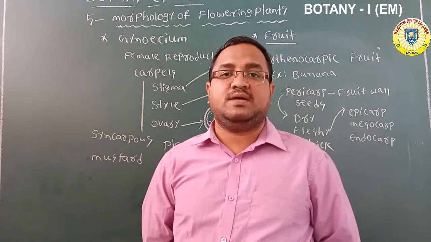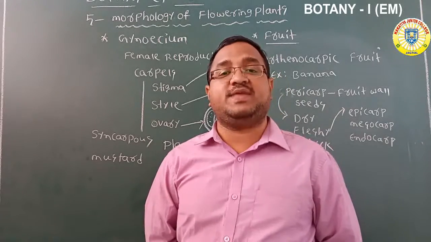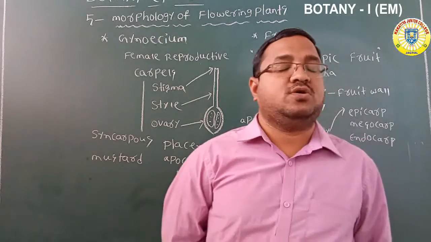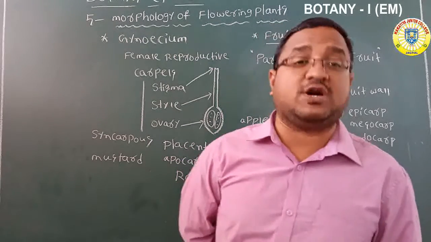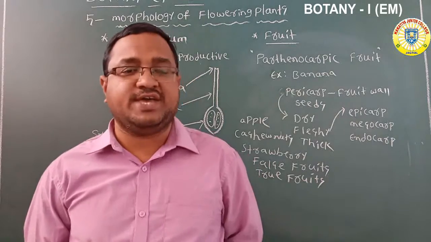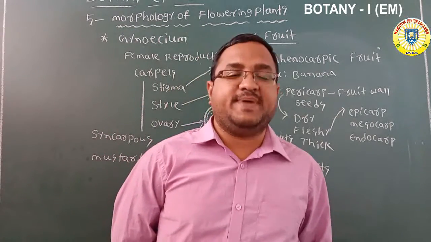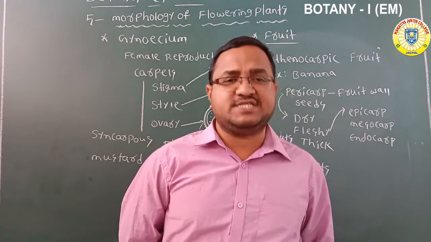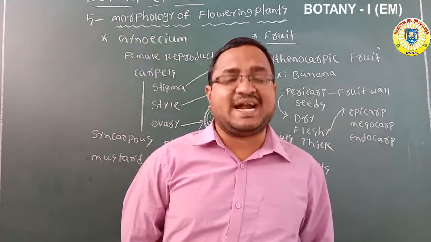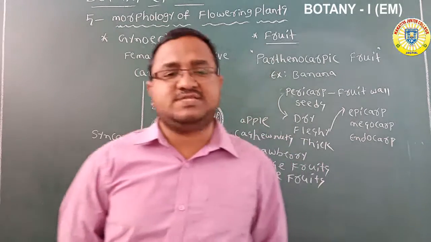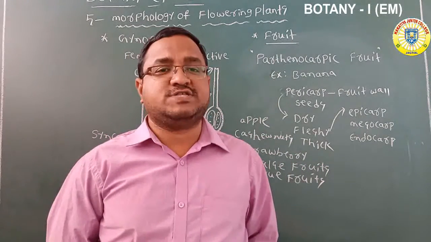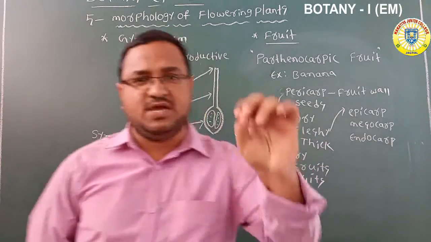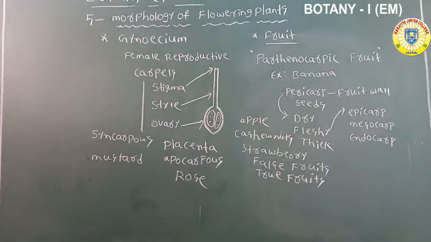Dry fruits have a dry and indivisible pericarp only. There are no divisions in the pericarp. There is no epicarp, mesocarp and endocarp in dry fruits. Only in fleshy fruits is the pericarp fleshy and thick, and divided into 3 layers. Based on this pericarp character, the fleshy fruits have several types. Tomorrow's class we are going to discuss the classification of the fruits.